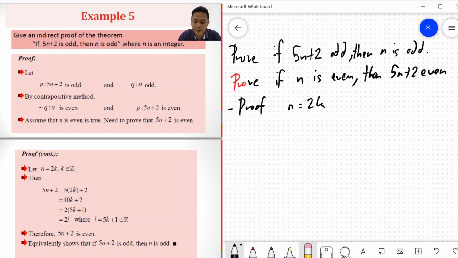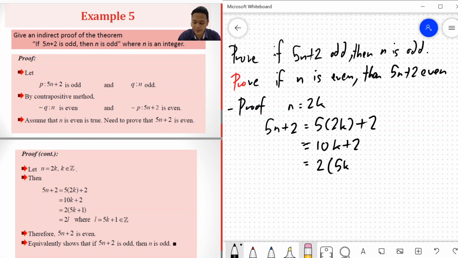n equals 2k, what is 5n plus 2? I might do this slowly. 5n plus 2 equals 5 times 2k plus 2. Do the algebra. It becomes 2 times (5k plus 1). Let me check. Yeah, factorize 2 outside. Okay, then as k is an integer,